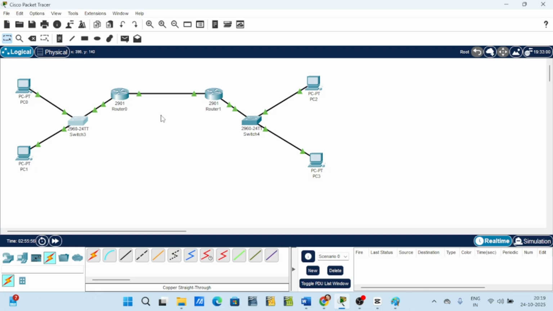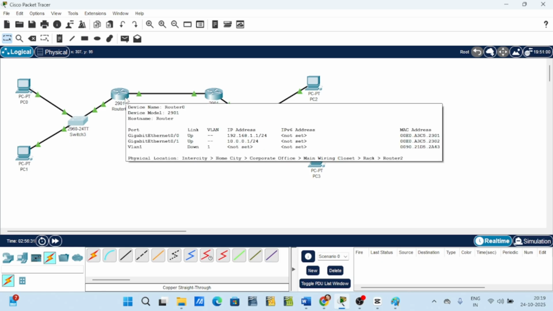What happens is router 0 is set to advertise the 192.168.1.0 and the 1.0.0.0 networks, while router 1 advertises 192.168.2.0 and 10.0.0.0. Once routing is enabled, each router will dynamically learn the path to the other LAN, and finally, each PC